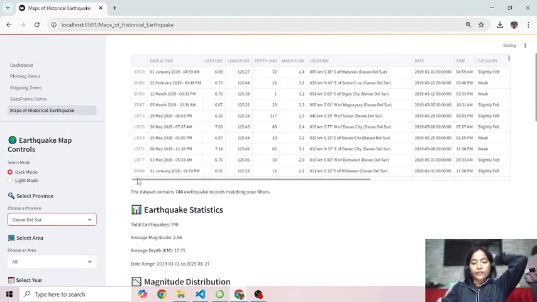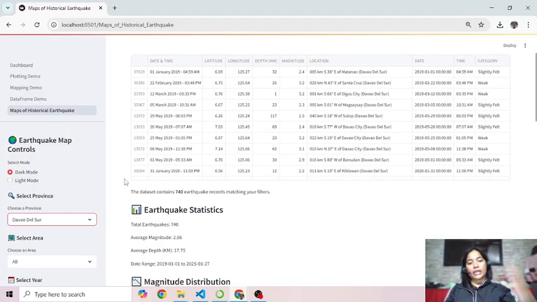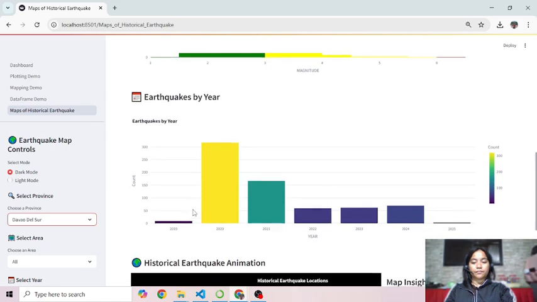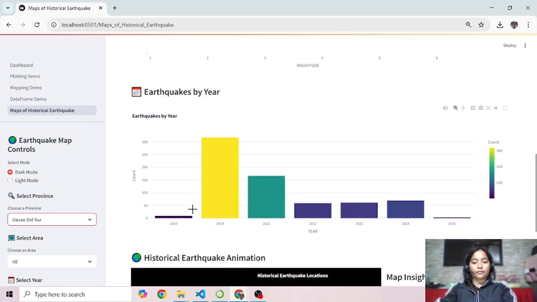The key features of this page is the how to use this dashboard.